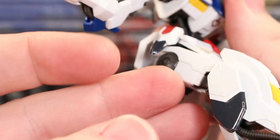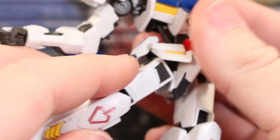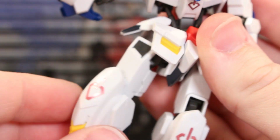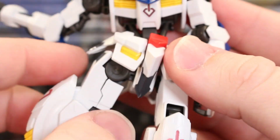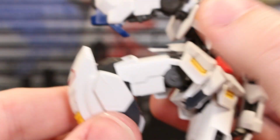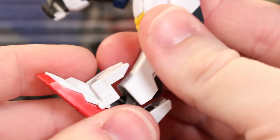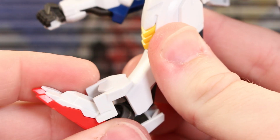Legs can go out like this, and that moves. They can kick out like this, and that also moves, but really doesn't want to move back at all. And then we do have the upper thigh swivels. Things are starting to break off here. And then we have a double joint knee, actually. Pretty good bend there. Ball joint here at the foot, so it can swivel, go a little bit side to